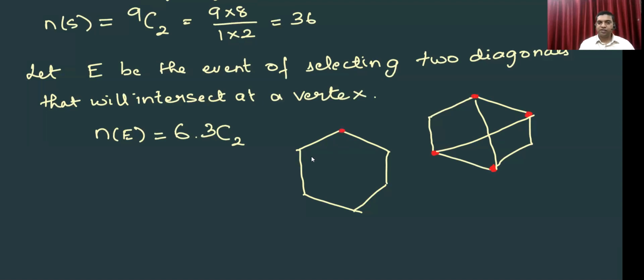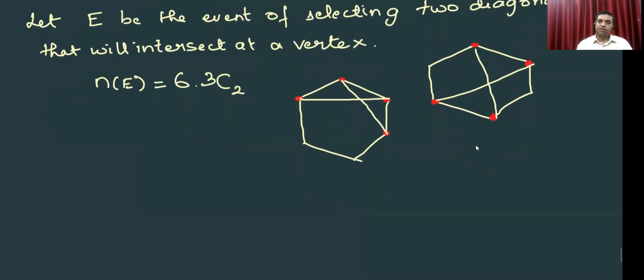Now I choose, let's say, all adjacent. First case was 2 in pairs adjacent. Now all 4. So in this, the only one way we can draw a diagonal that will intersect is this. And next, suppose we have